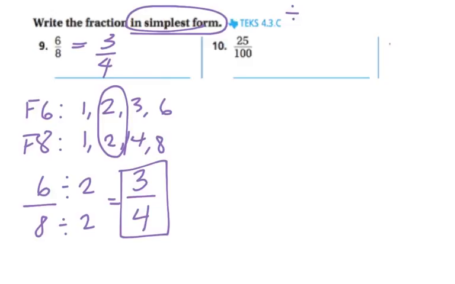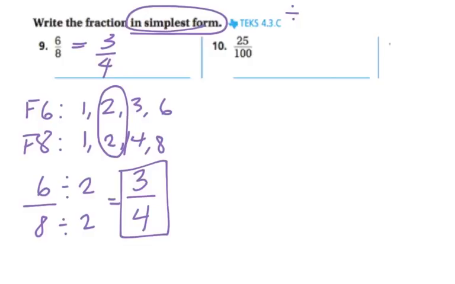Now, something to keep in mind, anytime that you have numbers that are both even, your numerator and denominator are even, you know that you can at least divide by 2, okay? So I hope you have a moment to get that down. I'm going to now look at the next one. In the next one, I have